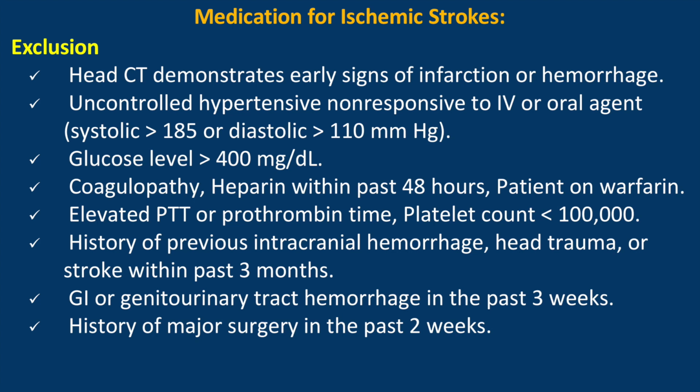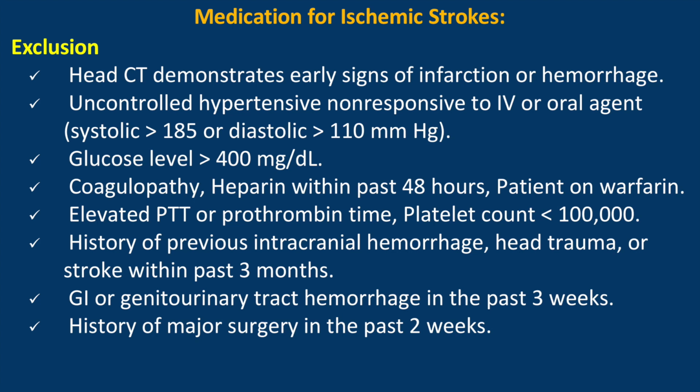Exclusion criteria are: head CT scan demonstrates early signs of infarction or hemorrhage. If the patient is having early signs of infarction or hemorrhage, we cannot give this TPA. If the patient has uncontrolled hypertension, that is non-responsive to IV or oral agents, we are not supposed to give TPA to the patient. If the patient has a glucose level more than 400 mg per dl,